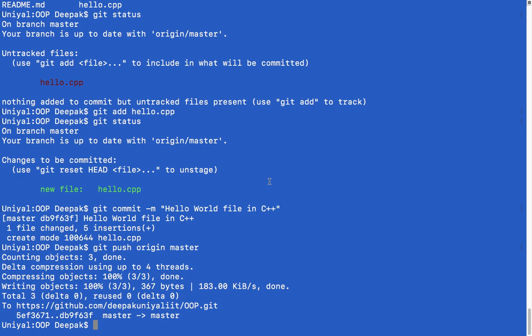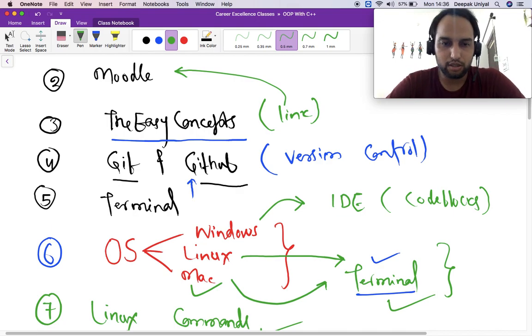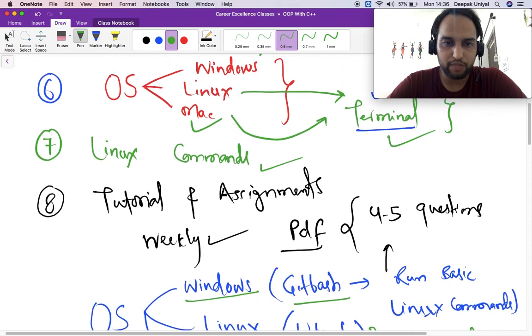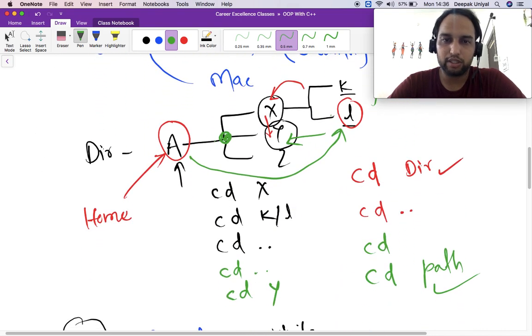In the next lecture, I will start with my first program of C++, and we'll discuss that in more detail, and we'll understand the concept of object oriented programming. Till now we are just setting up a system. If you find any difficulty in setting up the system, please write in the comments, and I will try to respond. Thank you so much.